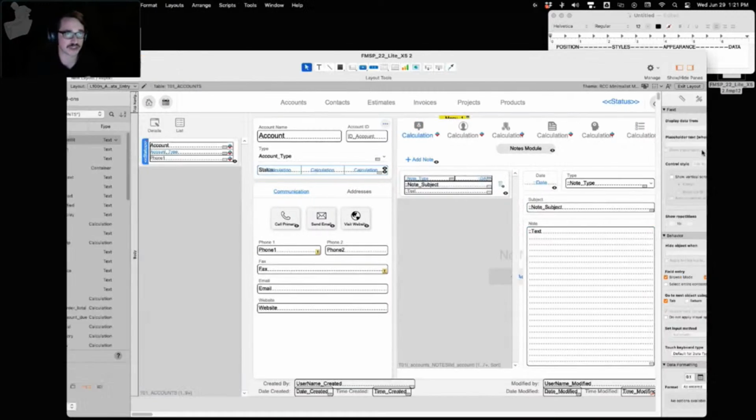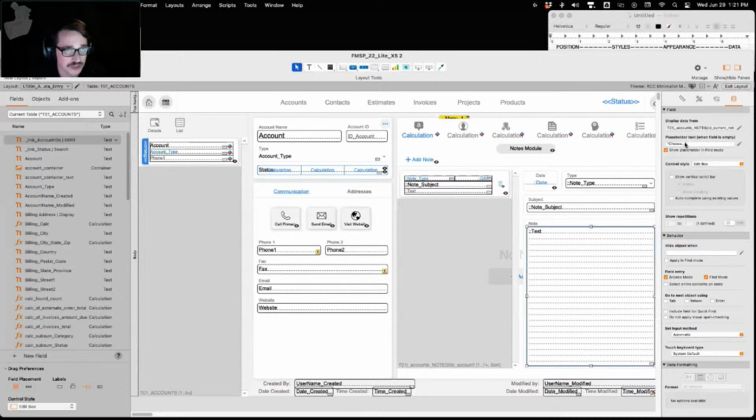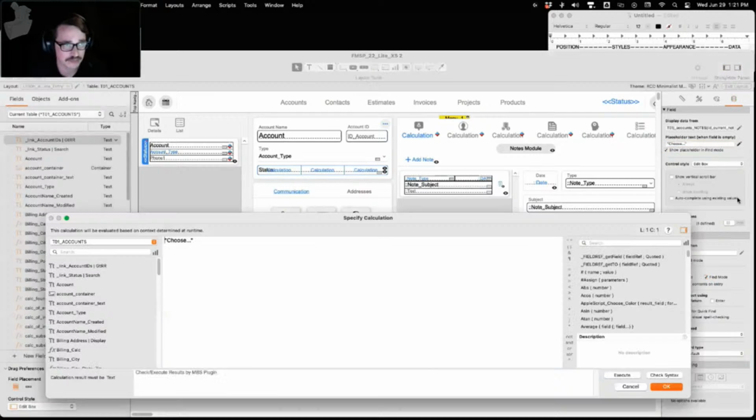And so that's what the placeholder text does. And so you can put whatever you want in there. You can do cool things like specify calculation. So if I wanted to put something like, I don't know, just for